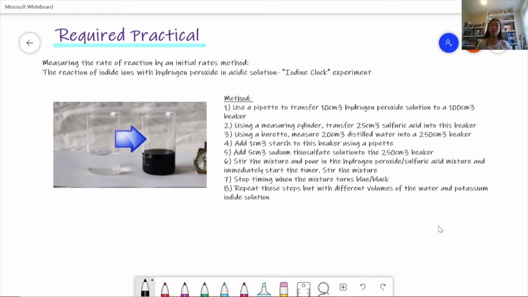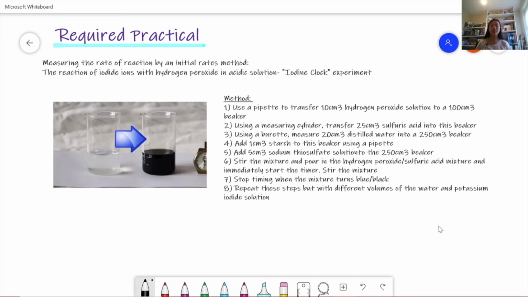So I'm just going to run through the method quickly. So first you use a pipette to transfer 10 centimeters cubed of hydrogen peroxide solution to a beaker. And then you use a measuring cylinder to transfer 25 centimeters cubed of sulfuric acid into the same beaker. And then using a burette, we measure 20 centimeters cubed of distilled water into a bigger beaker, so 250 centimeters cubed. And then we add 1 centimeter cubed of starch to this beaker, and then 5 centimeters cubed of sodium